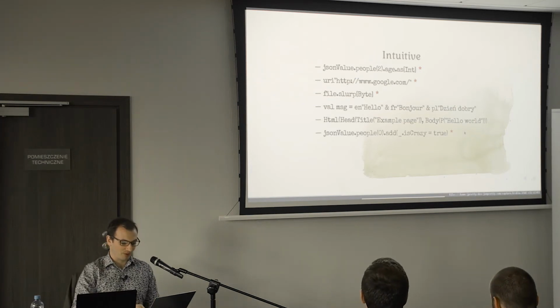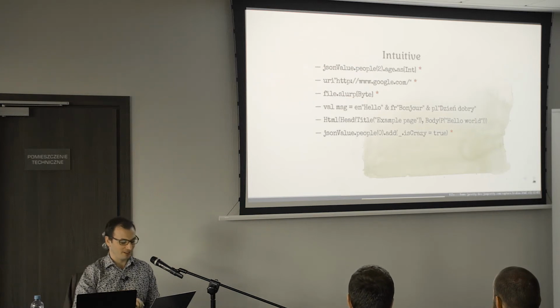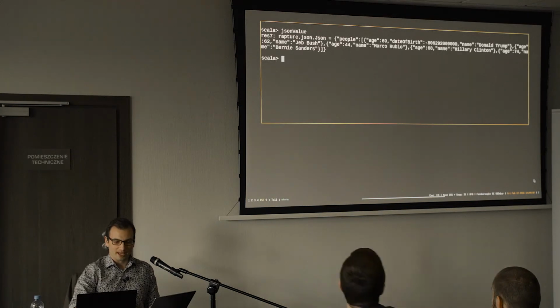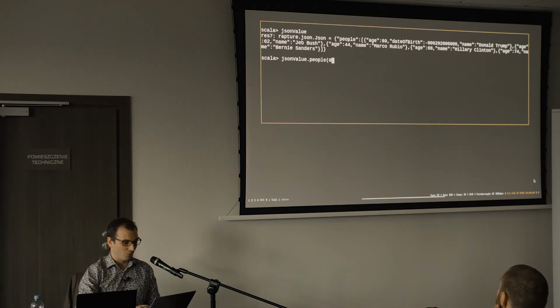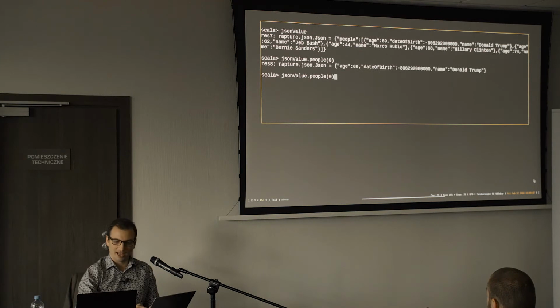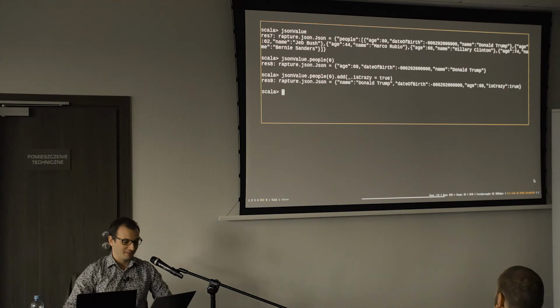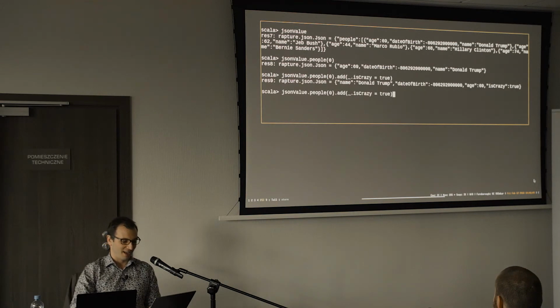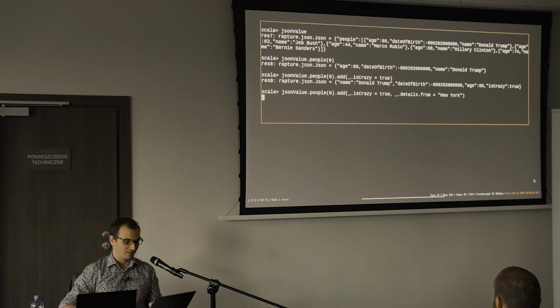And one more example. By the way, the ones with little red stars, I have examples on. This is to remind me that I need to show you something. So given our JSON value, there it is again, we can get one of the elements from that. There it is. And we can, for example, add an element to it. Now, the syntax for this is this. And we've created a new JSON object using very concise syntax, and we can add other things as well. So we can use details.from equals he's from New York, isn't he? So we can do that, and then